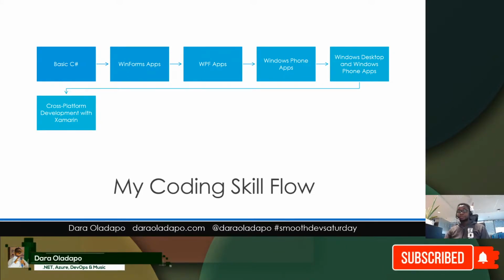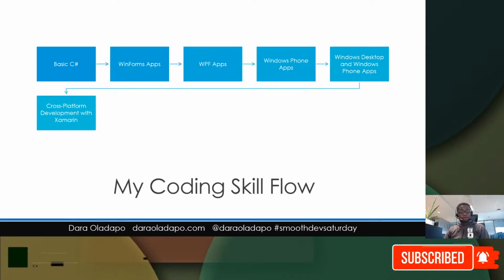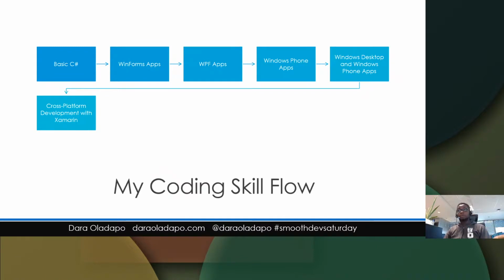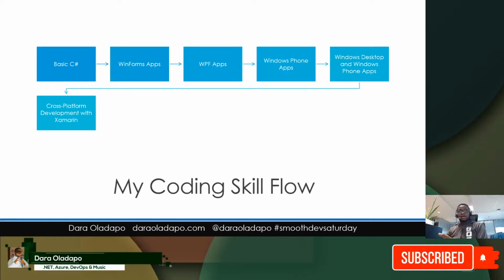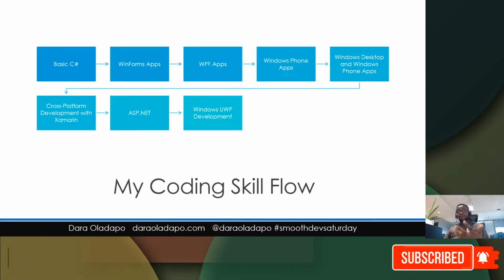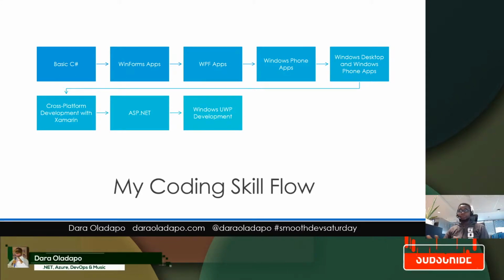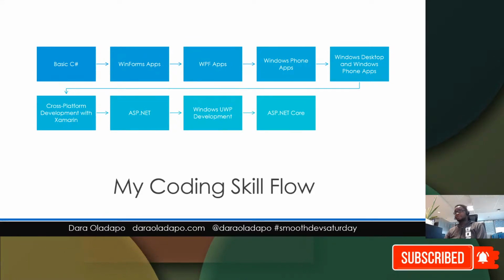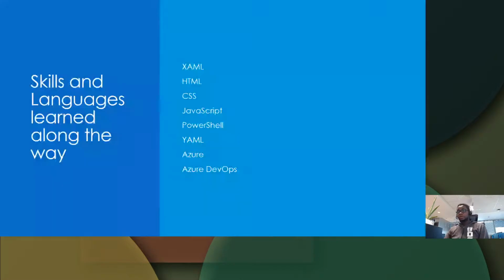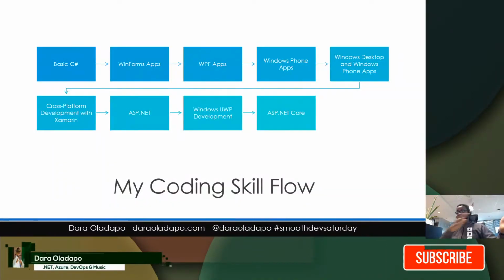I write for Android today, and I actually have apps in the Google Play Store. I'm releasing some in the iOS App Store in a couple of weeks, if time permits. Yeah, so I'm able to do that. I then progressed to writing for web with ASP.NET. Then I started with Windows UWP development, writing apps for Windows 10 when Windows 10 was released. Then I started writing ASP.NET Core when it came out in version 1. And then, yeah, that's basically my journey.